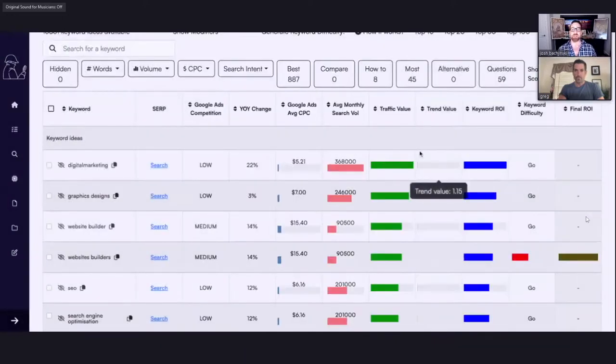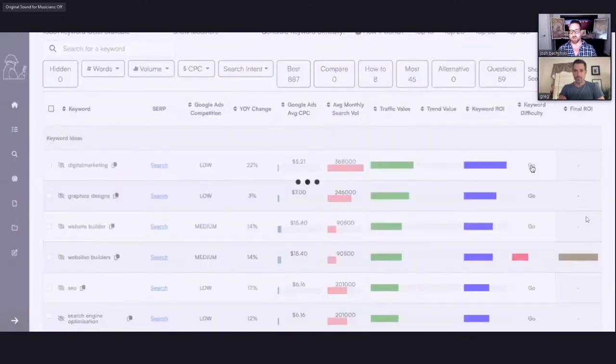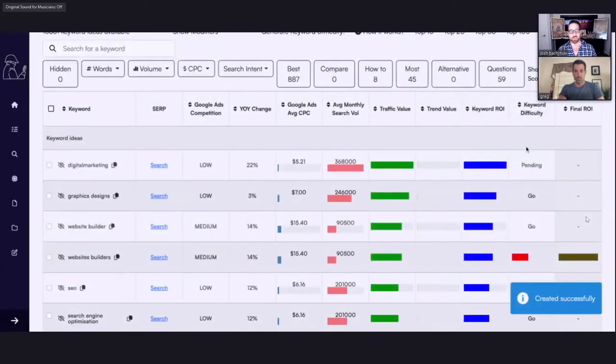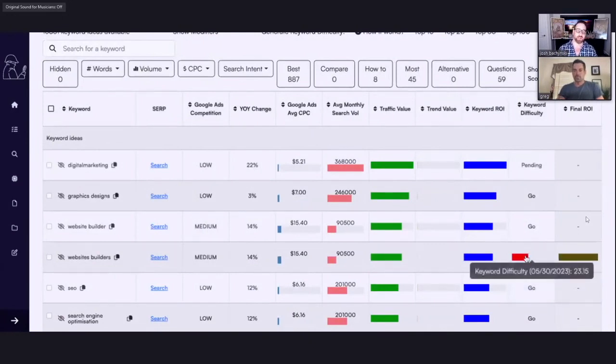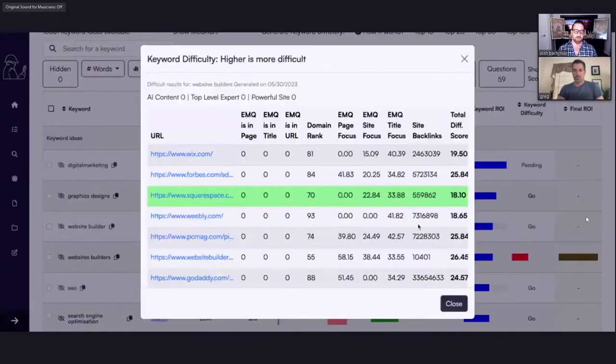But the question is, how difficult is it to rank for that? Well, it'd be very difficult to rank for that because it's a single one word, and it probably wouldn't give it to you. So that's probably a bad example for the keyword difficulty. But you would just click Go, and the AI would run the analysis on the keyword difficulty. We've already got one done down there. And if Greg wants to click that keyword difficulty, this is what the AI does.